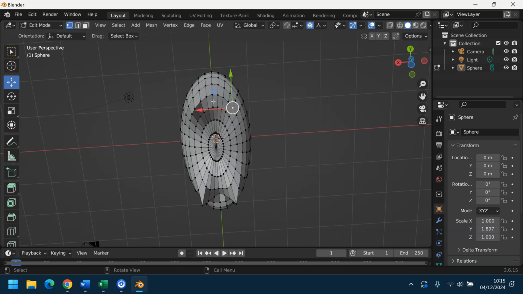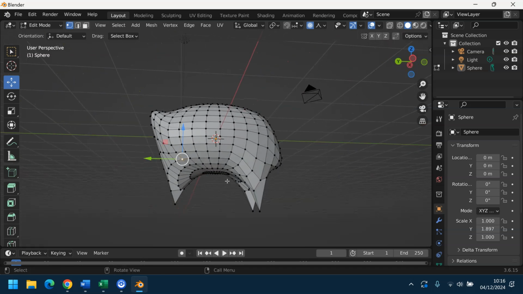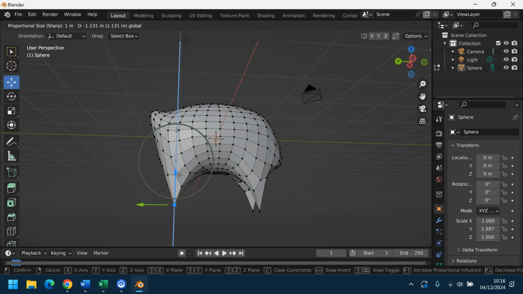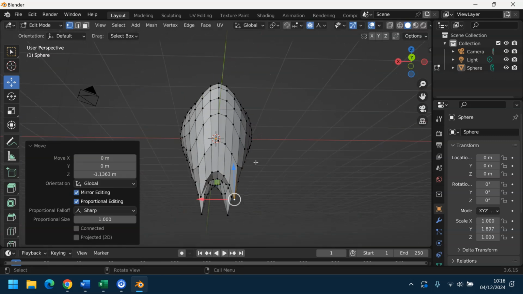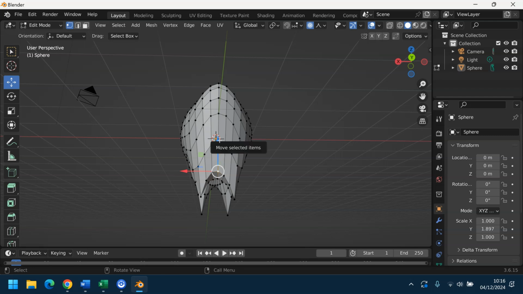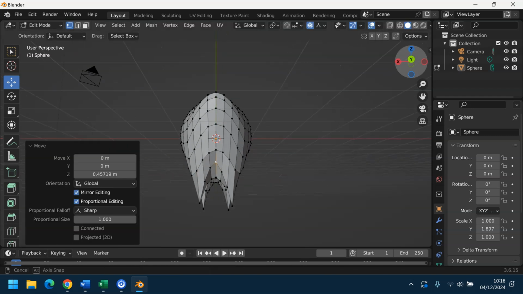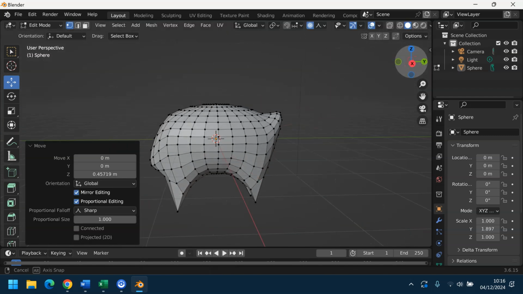Is that right? 1, 2, 3, 1, 2, 3. I think so. Yeah, we'll see if it's a little bit off. It's a little bit off. In fact, I think it's actually that one there, isn't it? And I drag that down to roughly about the same area, and then do the same thing with the middle one as well. So the lovely thing about using these tools is you end up creating something which looks